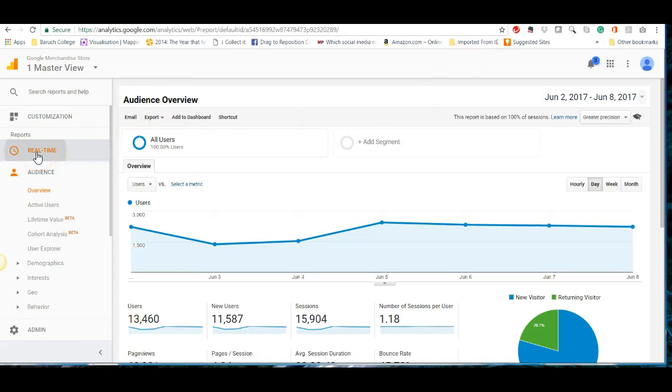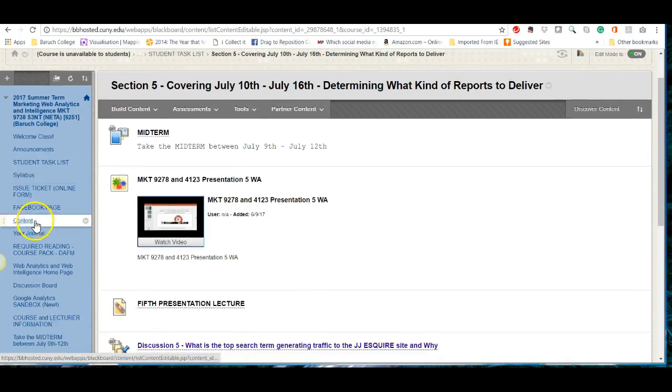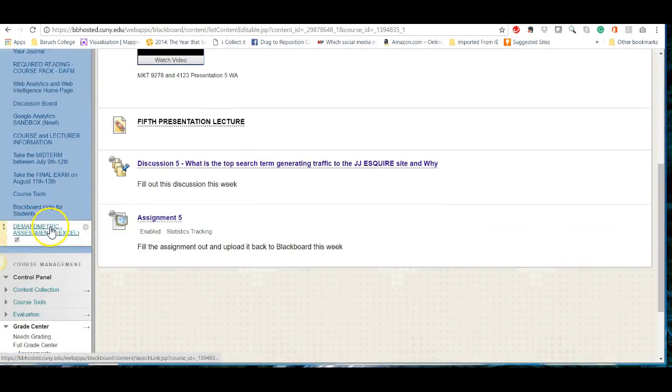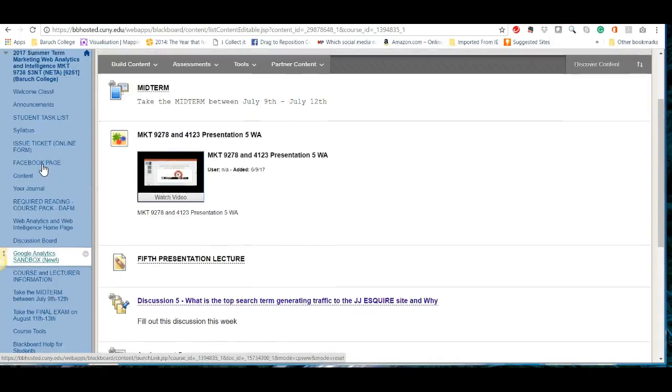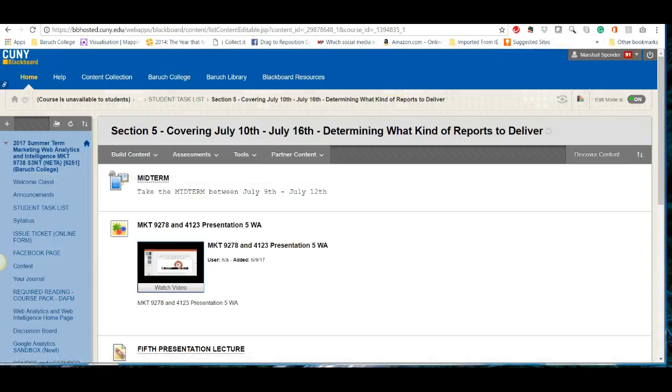If anybody really wants to know, first of all, there's instructions on how to get started with the Google Analytics Sandbox. It's in the left nav of the course, I believe. If you go over to the course here, there should be a link to the Sandbox. If not, here. If you click on this, that'll help you get started with the Sandbox. It's instructions. But anyway, getting back to Google Analytics,